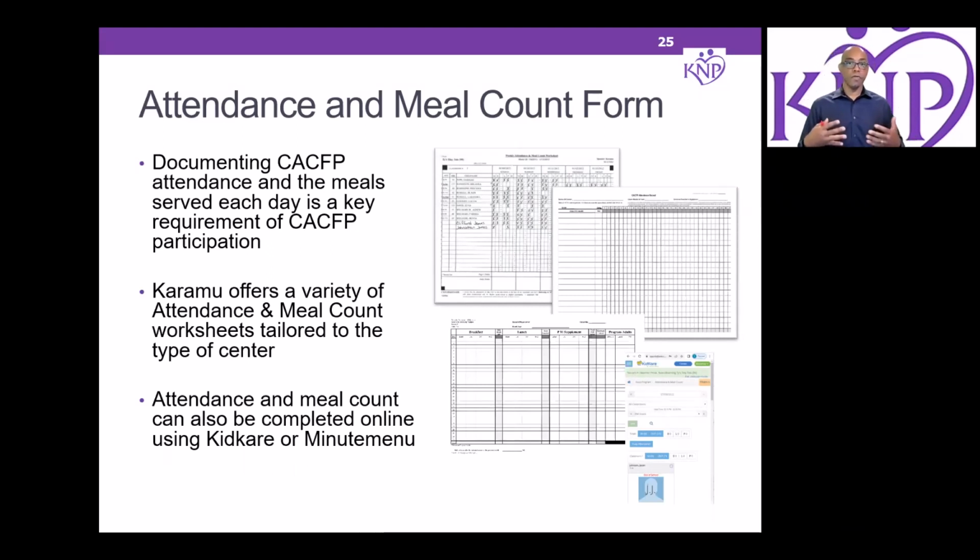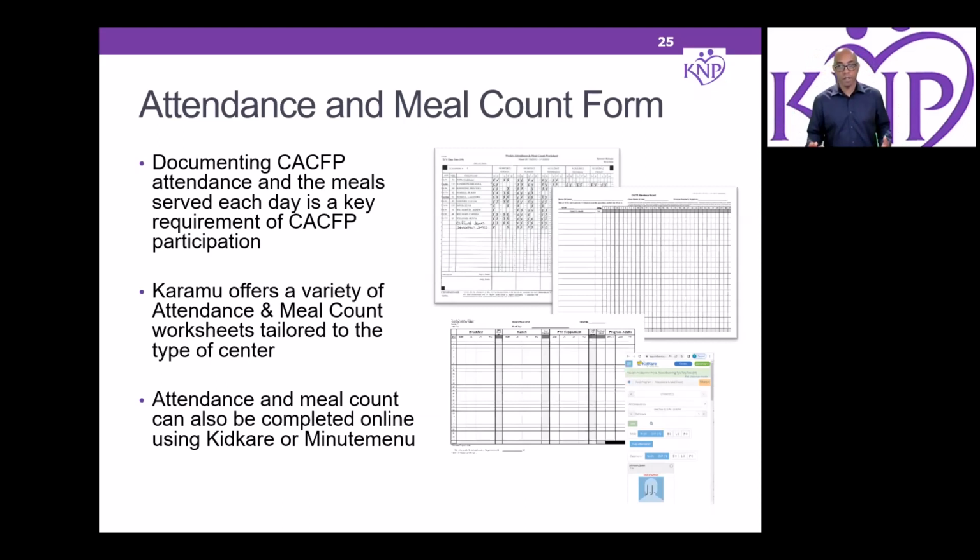That attendance and meal count form is a key requirement of the CACFP. It must be updated at the time of meal service. So if we come in and you're serving lunch, and what's today's date? This is the 9th. If we were to visit you today, let's say you're a rare center that claims a Saturday. If we were to end training today, come by to see you today and say, show me your attendance